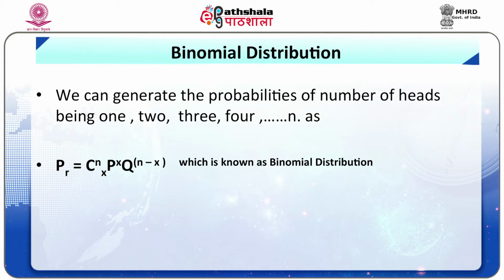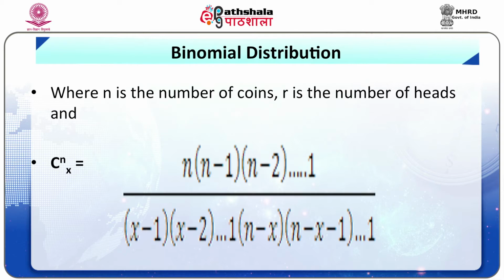Now, this is the equation in which if we put the values of n, x, p, q, etc., it will generate the probability of getting x number of heads out of n coins drawn together, in which n is the number of coins, x is the number of heads, and nCx is an expression